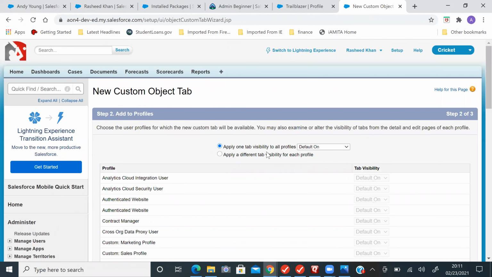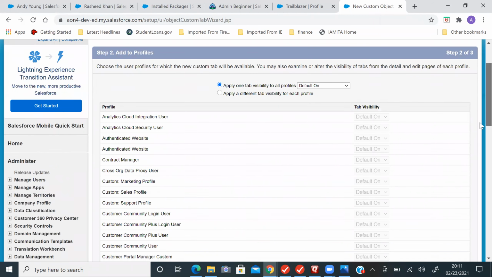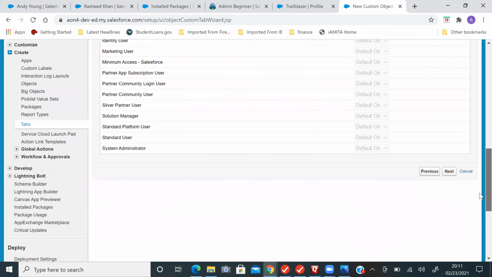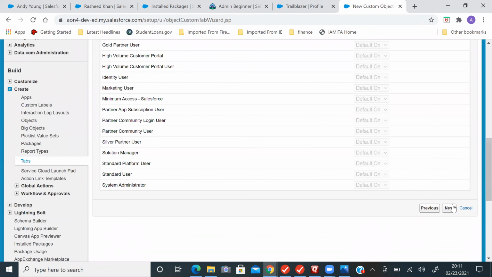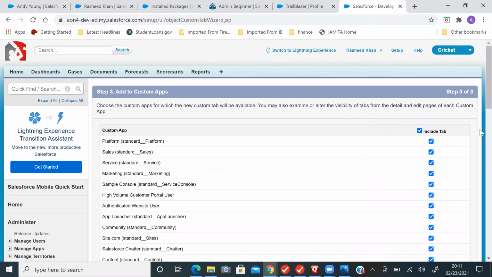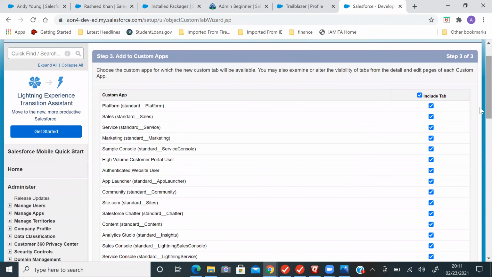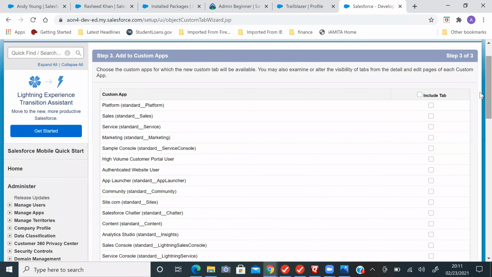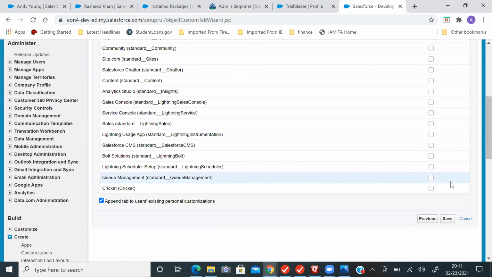Now you can see all the applications, right? We are only interested in the cricket application, so uncheck the others.